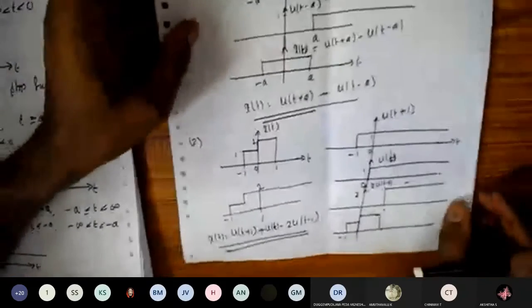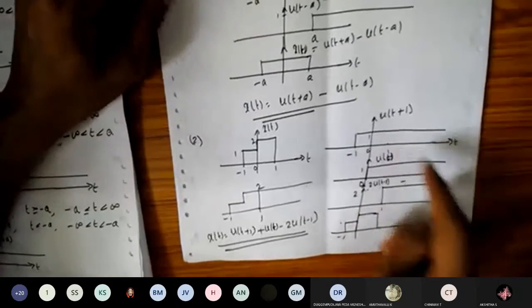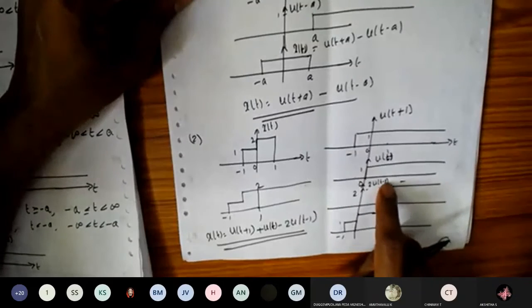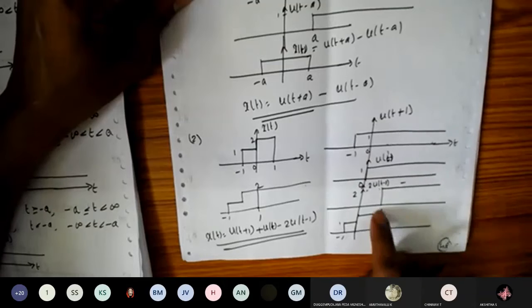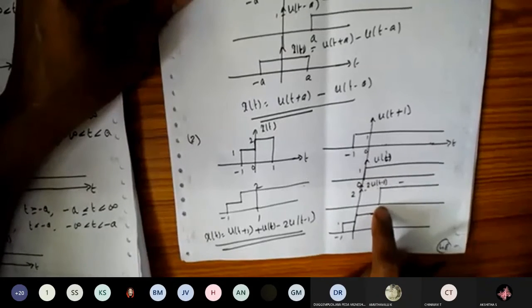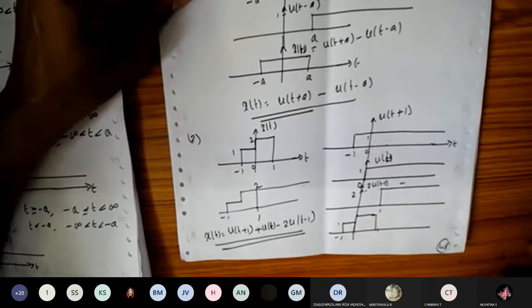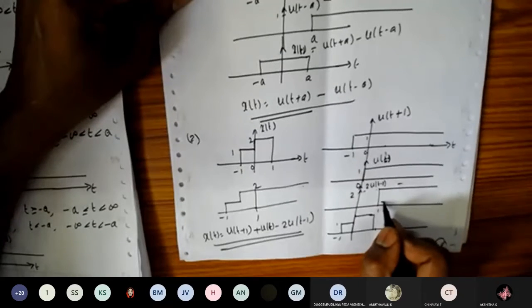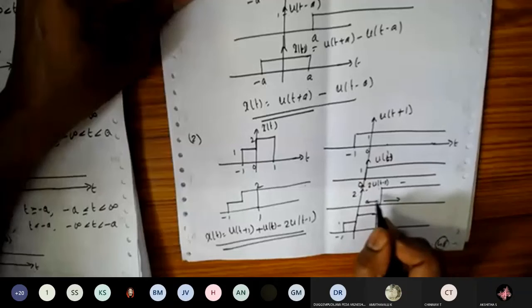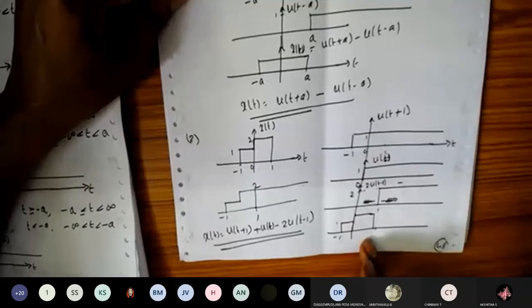Okay, so similarly for the discrete time signal, we'll see like this. For the continuous time signal, you should note that it is going to be continuous for all the intervals of the time t here. Even if I take u of t minus 1, because this is continuous, t minus 1 we can assume as 0.9999999. We can assume many decimal values here. So this is t equal to 1 plus, on the positive side, and this is t equal to 1 minus. So for the continuous time signal, the addition of the signals does not matter here.